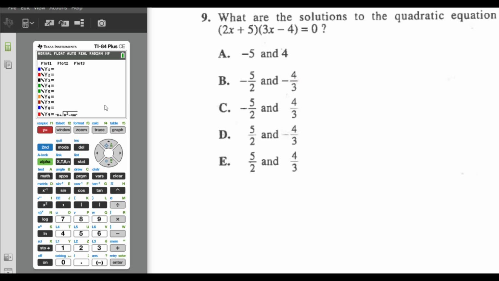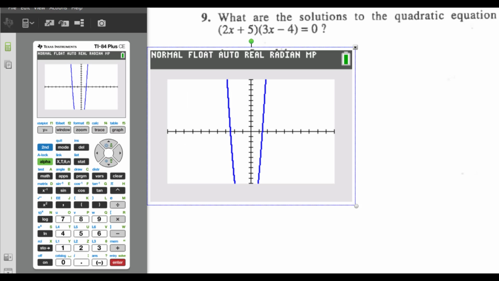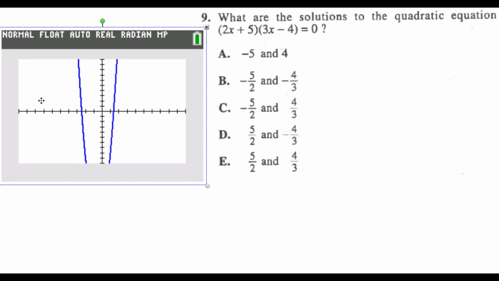So I'm going to go to y equals and type in that expression there, left parentheses, 2x plus 5, right parentheses, left parentheses, 3x minus 4. And I'll just use a zoom standard, negative 10 by 10 in each direction. And you can see that we have x-intercepts at somewhere between 1 and 2, and somewhere between negative 2 and negative 3. So I think just by process of elimination, we could go ahead and